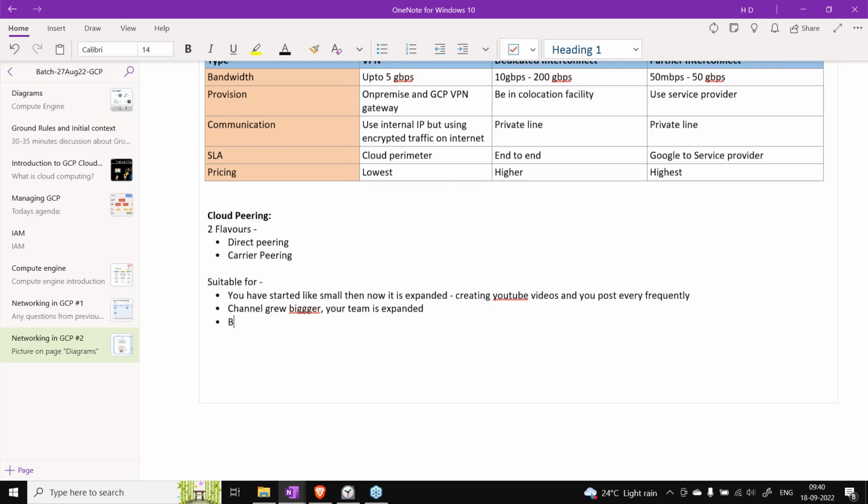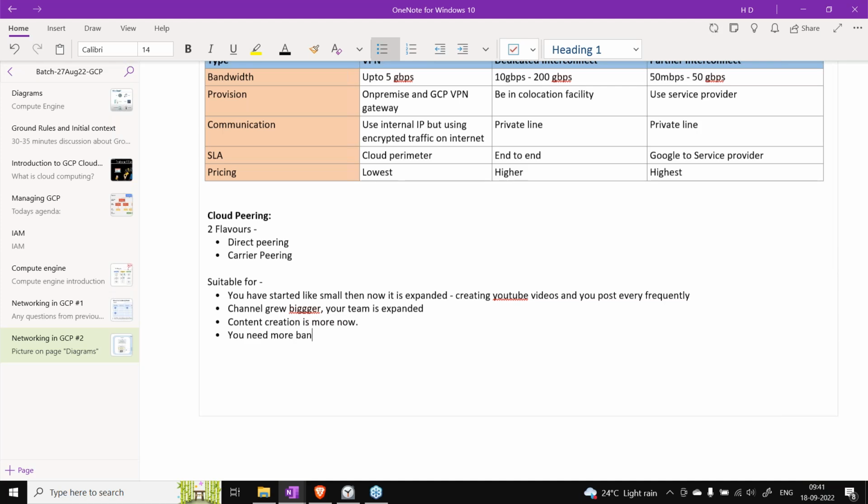So the content creation is more now, and in such a case you need a higher bandwidth. You have more content to upload to, let's say, YouTube. I'm just giving YouTube as an example, it doesn't have to be the same application, it can be anything else also.